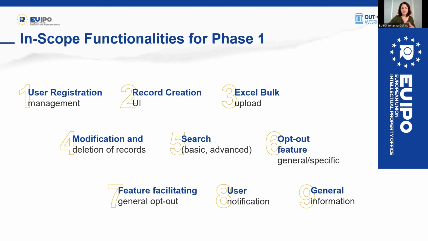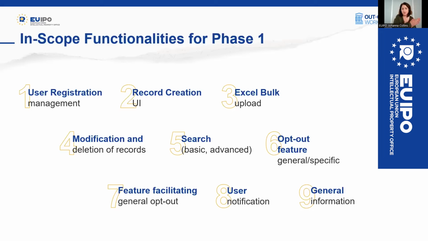Some of the other functionalities that mainly come for the collective management organizations and the CHIs are right here on the screen. Apart from user registration, they can create records using the user interface, or they can use right now an Excel bulk upload. Once they've created records, they can edit them, modify them, or delete them if they're not in an opt-out state. We went over the search, and we will go over the opt-out feature,